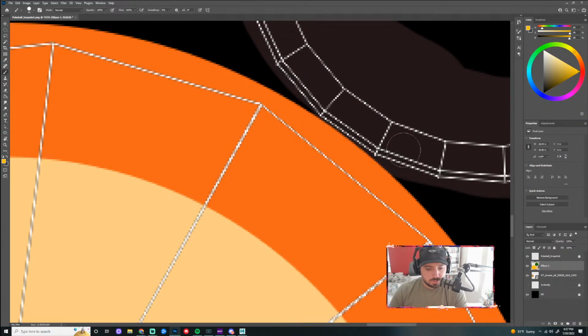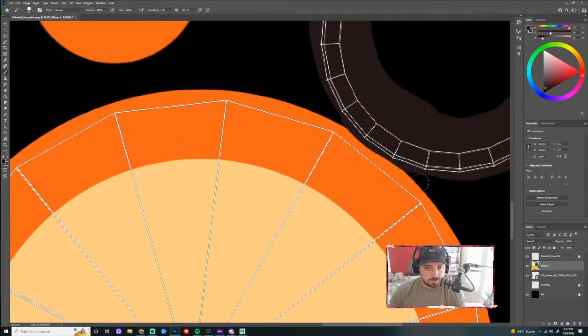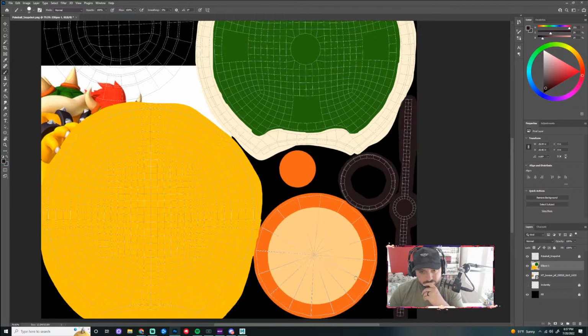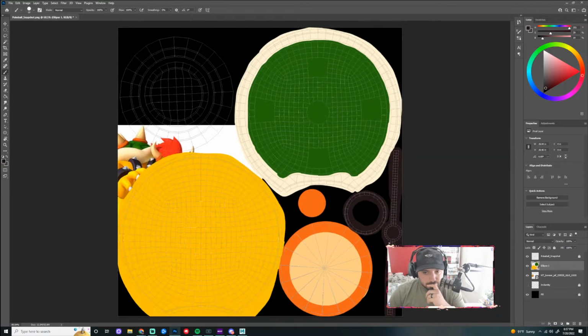Right there should be okay, but I'm just going to be careful. Just make sure it's not bleeding over. Okay. So that's the spike spot.